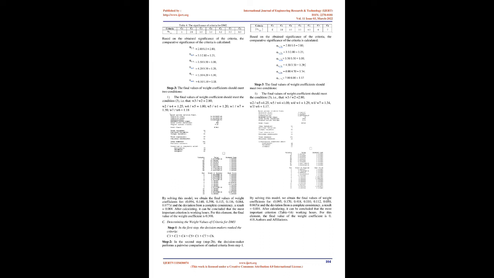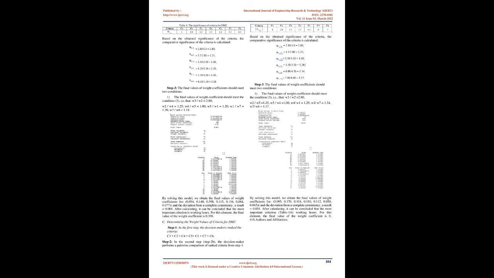Table 4, the significance of criteria for DM2. Based on the obtained significance of the criteria, the comparative significance of the criteria is calculated. Step 3, the final values of weight coefficients should meet two conditions. 1. The final values of weight coefficients should meet condition 3, i.e., that W3/W2 equals 2.80. By solving this model, we obtain the final values of weight coefficients: